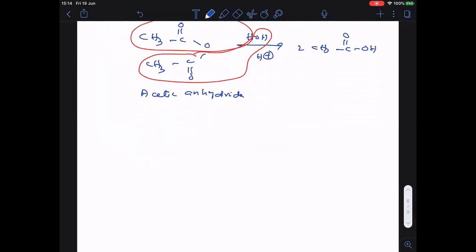Now I will take one different anhydride here: C6H5C(=O)OC(=O)CH3. This is benzoic methanoic anhydride. Clear? So when this undergoes hydrolysis in acidic medium,